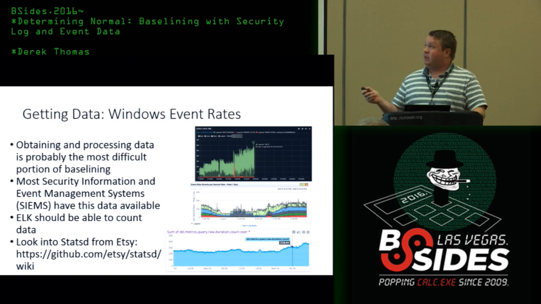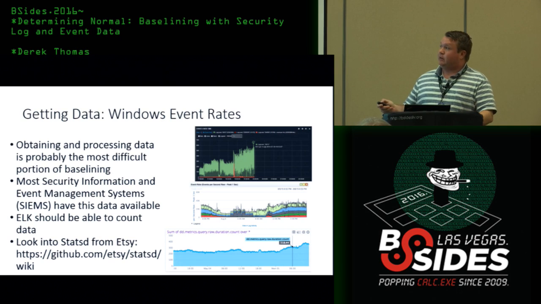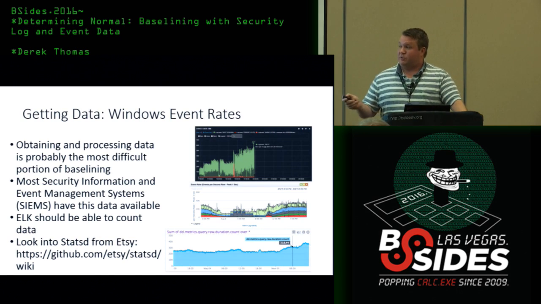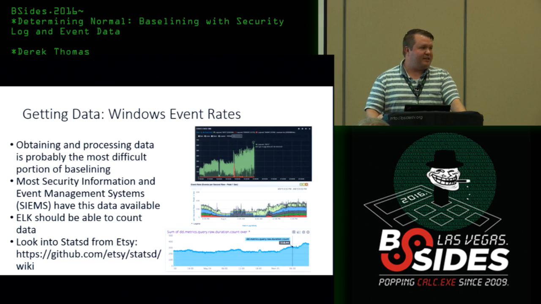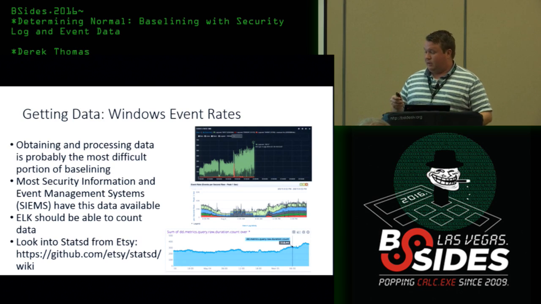Here's an example. This is ELK measuring events per second. This is a SIEM right here measuring events per second. And if you don't have either of these systems, you could look at a custom application using a graph, a metric server. So StatsD from Etsy is a way, like Logstash can output to StatsD. So if you can start counting your events and visualizing and analyzing them.